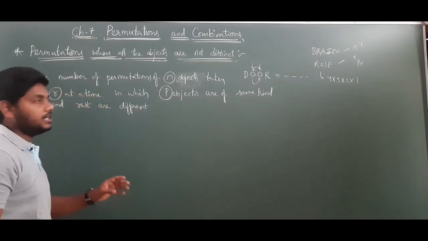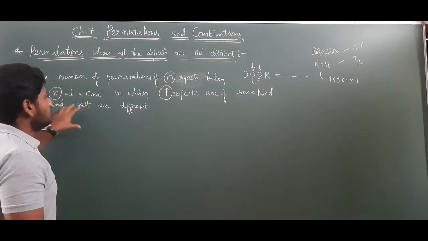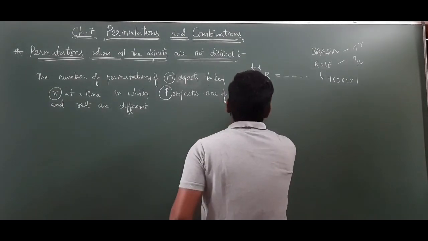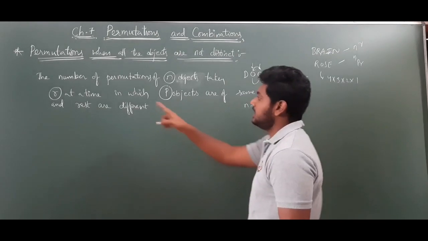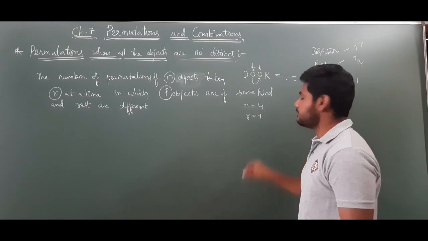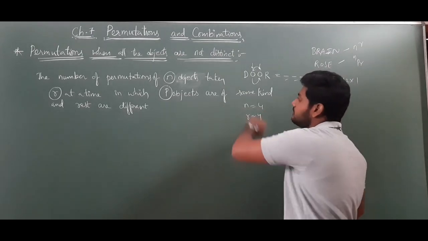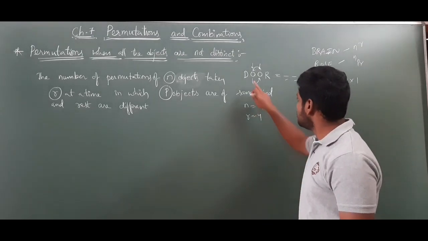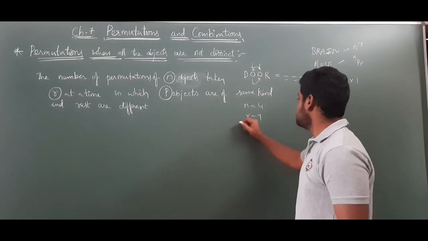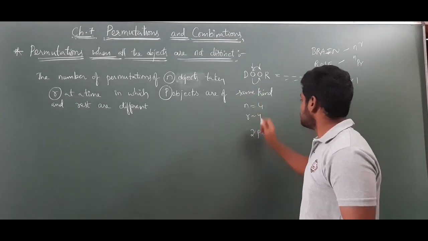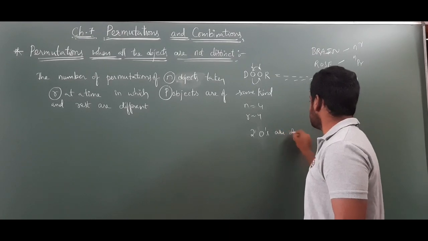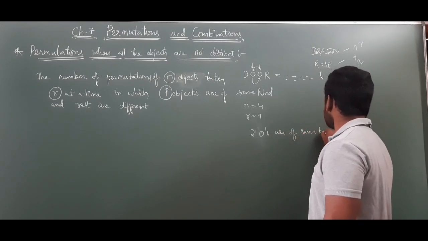So those you need to consider as numbers, right? Here n objects means, for example, if you take n equal to 4, nothing but 4 objects. Here r at a time, how many do we want to find? 4. So the r value is also 4. And the next, p objects are of the same kind. Here O objects are of the same kind. How many? 2 O's are of the same kind.